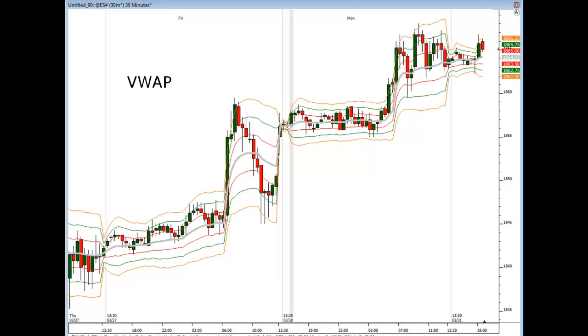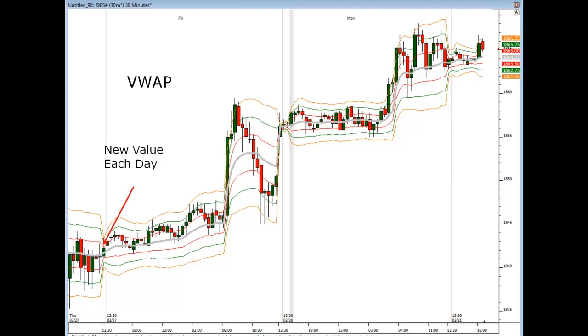Now let's take a look at it and see what it looks like. In this case, I have nothing on the chart. Again, I like the 30-minute charts, and I've been using the ES Mini because of its volatility and because we can illustrate the concepts easily on its charts. The VWAP, as you can see, has a main trunk line and has several lines